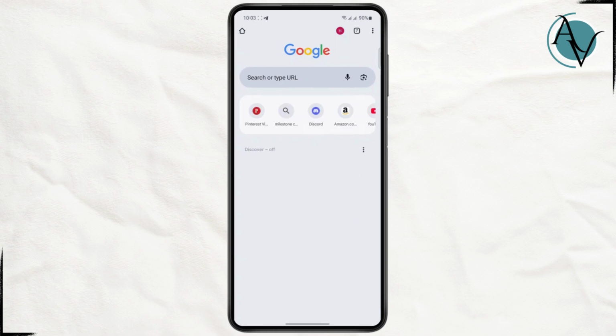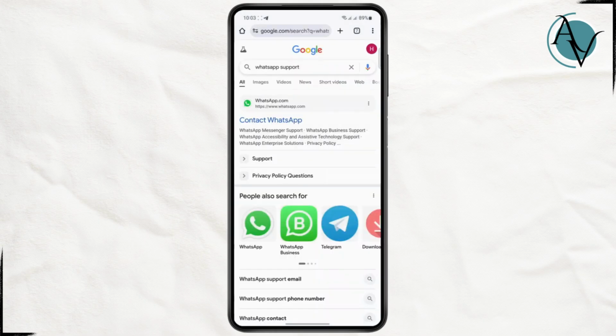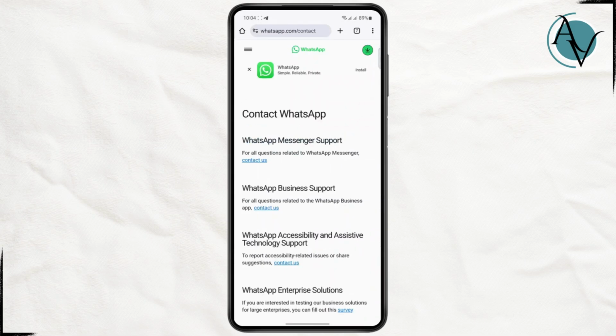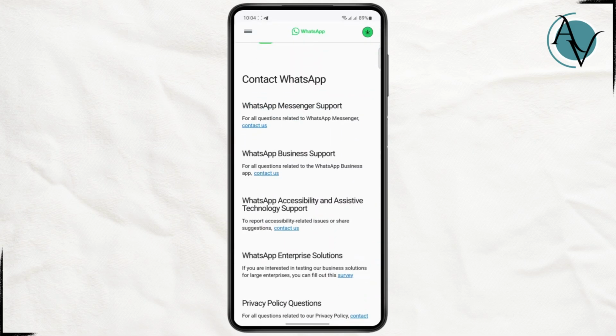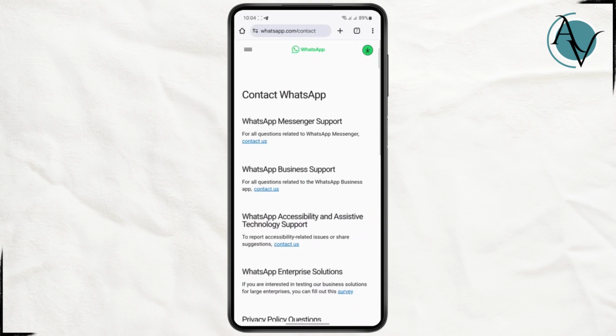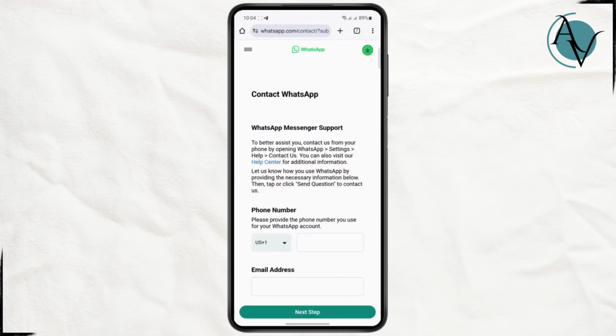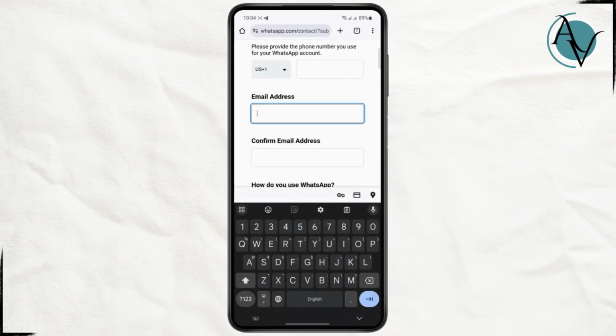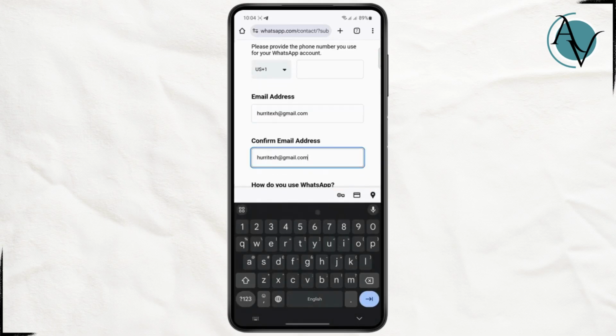The first thing you need to do is open up your web browser and search for WhatsApp support or WhatsApp help. Then you are just going to tap on the first link, that is contact WhatsApp, and then from here, if you want support regarding your assistance or anything, you can just tap on this contact us button, and then you'll have to enter your phone number first, then provide your email address, then confirm your email address, and then